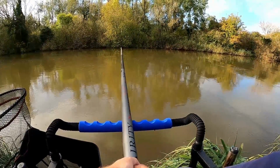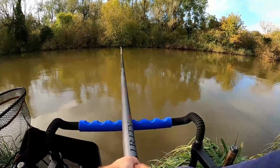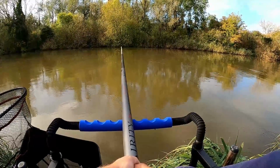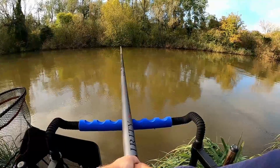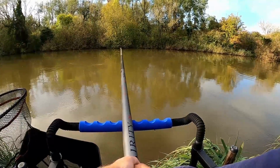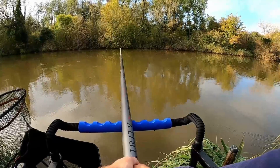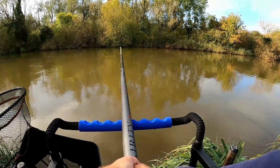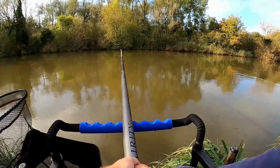I came back the week after thinking it might be a better idea if I fished a stick float. I didn't get a bite. Well, one suspected bite I had. I think that was a bite then. And then I took the advice of some people and did some research, and the pole feeder seems to be the way to fish